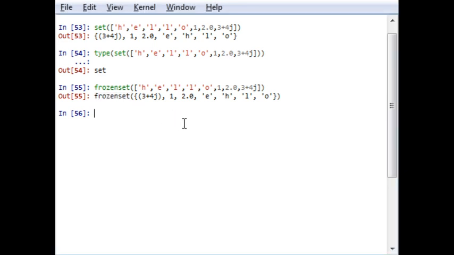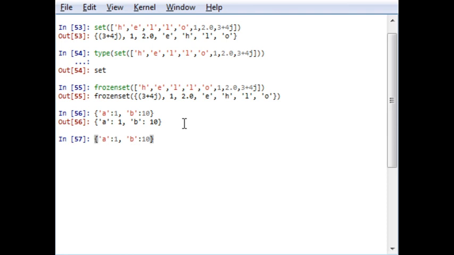So let me define a dictionary then. In order to define a dictionary, you have to use curly brackets. First I will write a character A, colon, 1. In a similar manner, I want another entry, B, colon, let me write 10. Let me see what the output is.